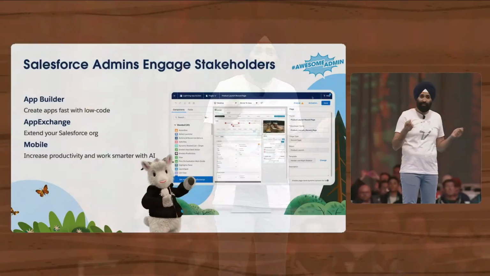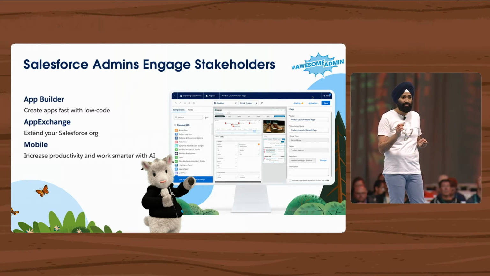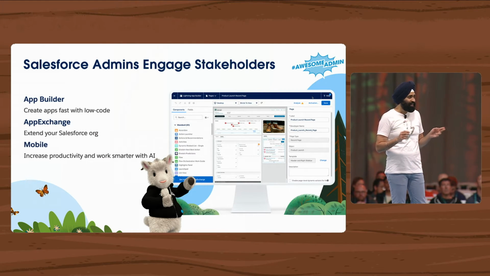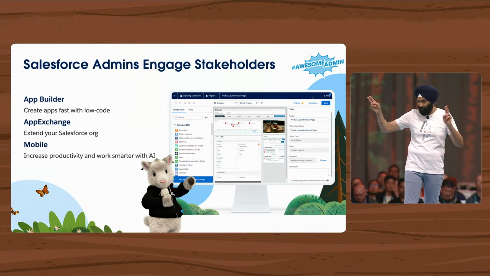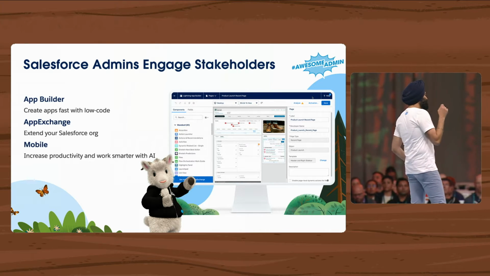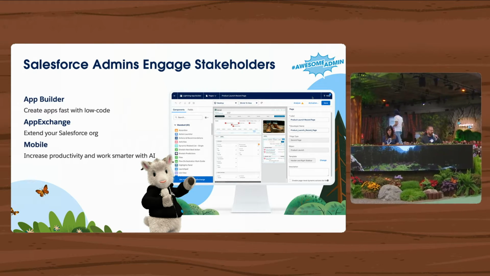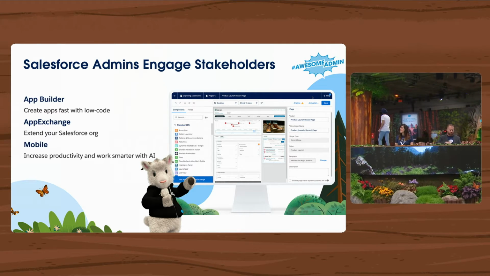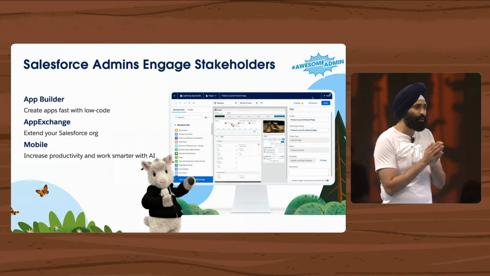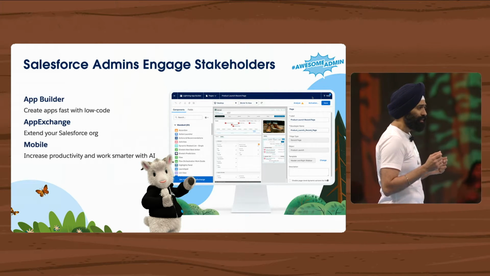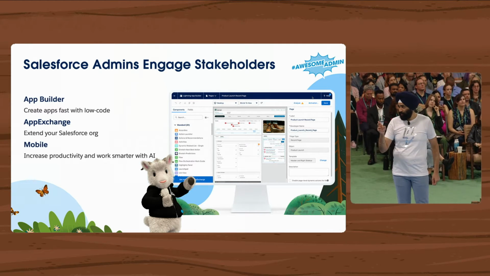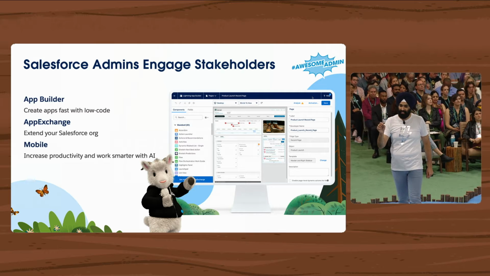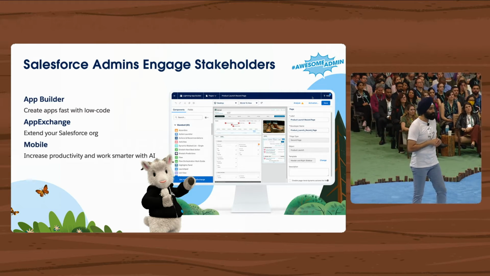Now, along with the app builder, there are a number of other capabilities that admins have at their disposal to build engaging user experiences, including AppExchange and mobile. And to see these capabilities in action, I'm going to be jamming with my two AA batteries, Andy and Elba, AA. And we'll be using a fictional outdoor company called Northern Trail Outfitters, NTO. NTO values the environment and is therefore launching a new sustainable product line. But this launch is going to be a little tricky with many different manufacturers involved. But Maria, their admin, is going to make this a success with Salesforce. Let's get to the demo.